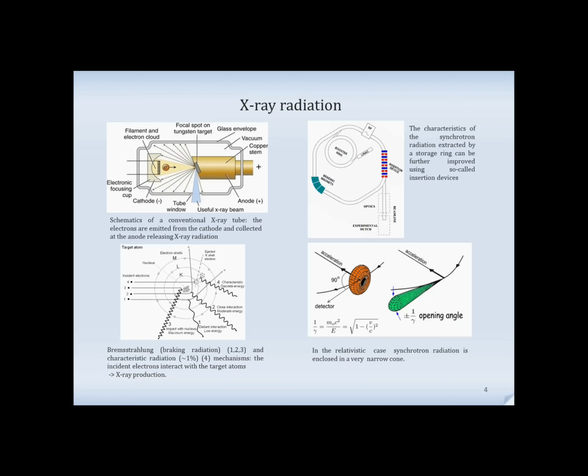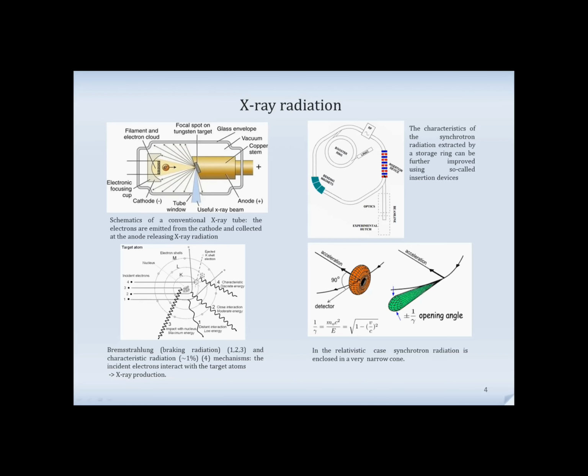So this is a main idea, to accelerate particles up to as close as possible to the speed of light. Another idea is to use so-called insertion devices in a synchrotron. So what do insertion devices mean? In the linear part of the storage ring,